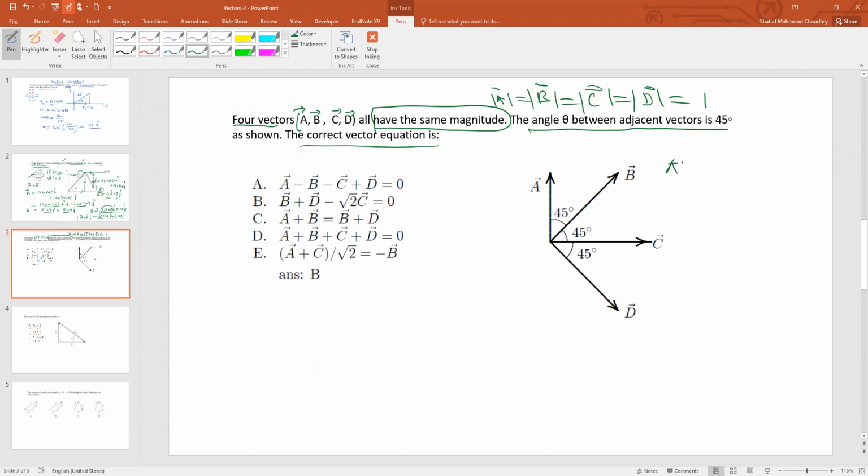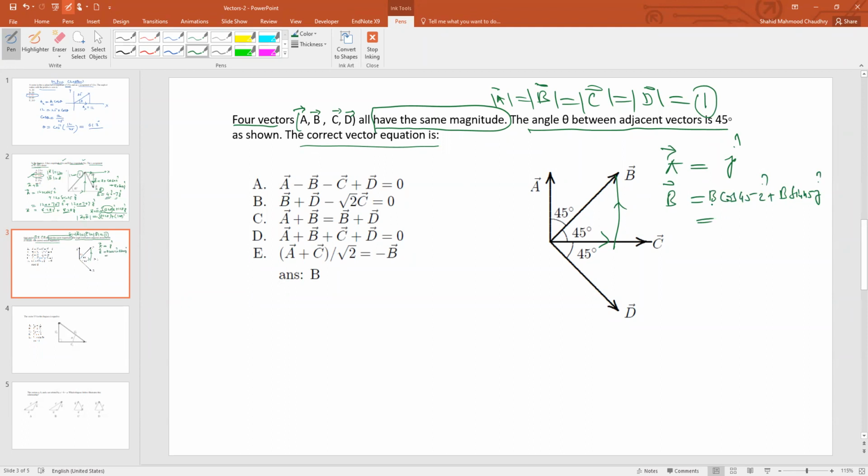It's better. So the A vector is along the J direction, the Y direction. So it has only one component, and that is the J unit vector, because the magnitude is 1. Okay, now the B vector. I draw the components here. So the B vector will be B cos 45 I plus B sin 45 J.